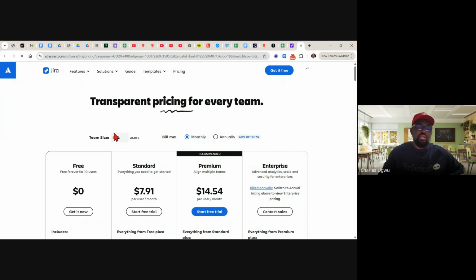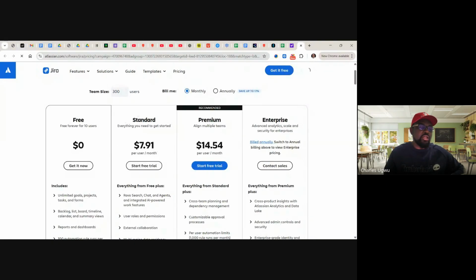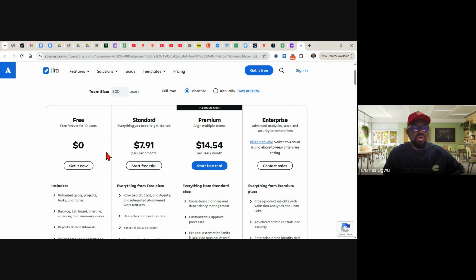You see here, if you look at Jira here, this is free forever, and free forever is for 10 users. So in a team of 10 users, you can grab this. It's going to save you costs. So using this judiciously will quickly save you something like this. Can save this every month, you and your team.